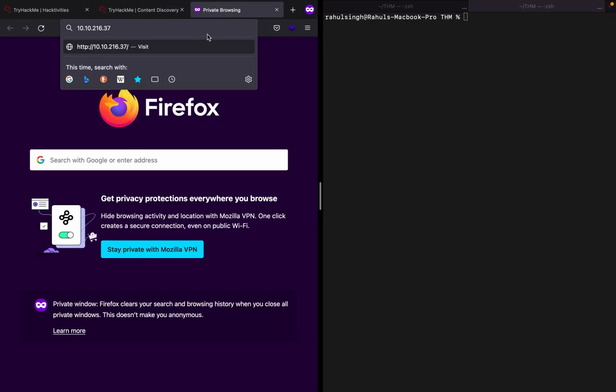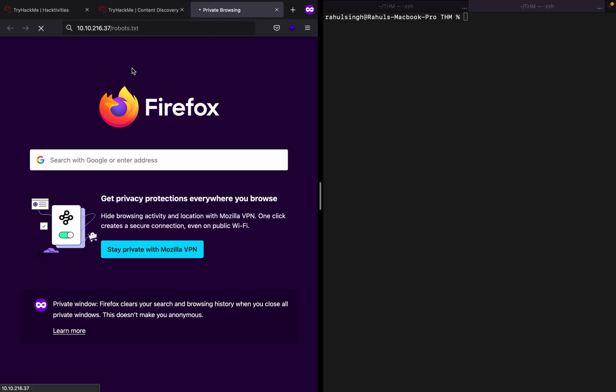So one of the things that you do is you go out on Google and you type in the IP address or the name of the website, but you will get only as much information as the developer wants you to know, or some of the misconfigurations that he has made. But there could be some things that he doesn't want you to know. So this is the file where you should hunt: robots.txt.